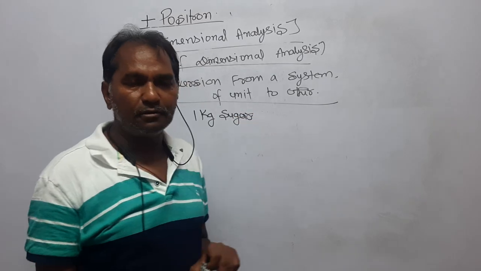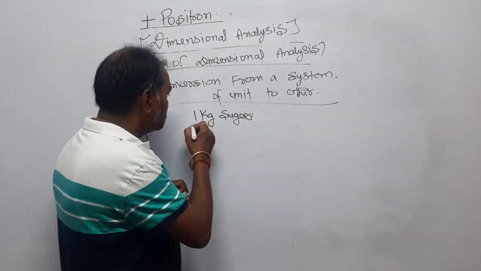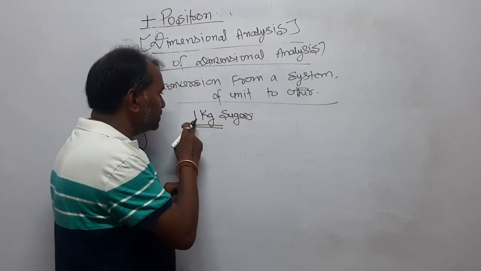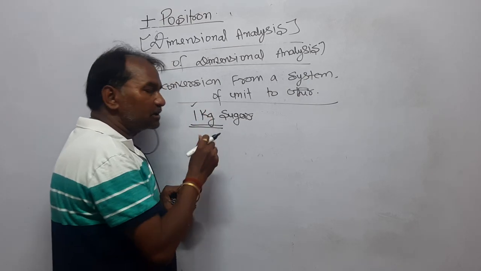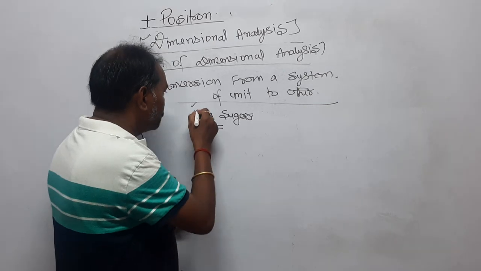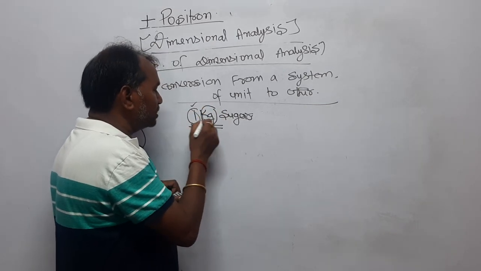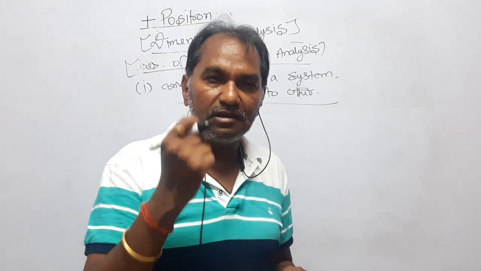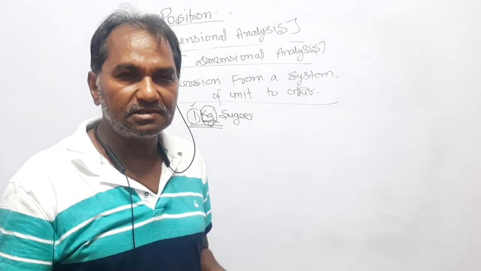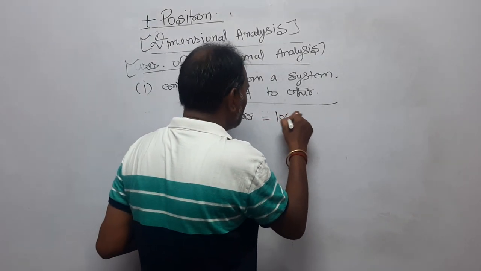Sugar is not important, but 1 kilogram means the sugar has been represented by two things. One is the 1 and another is the kg. This 1 is a numeral value and this is a unit. 1 is the numeral value and kg is the unit. And that can be written as 1000 gram